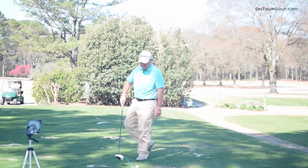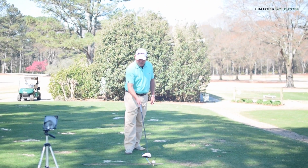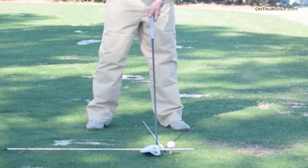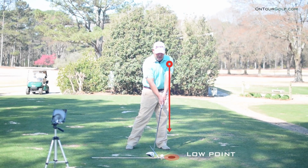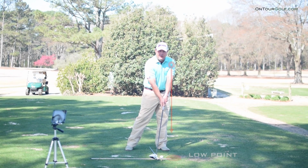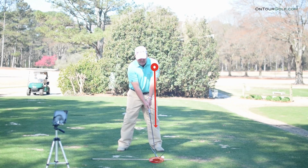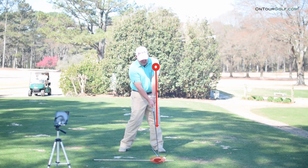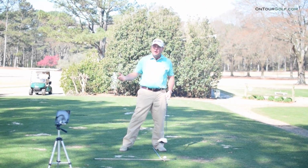The first swing, with our little alignment rods right here, and this alignment rod I put right on the back edge of the ball, Ricky got his foot too far forward. So the low point's going to end up in front of the ball, and when the 2 levers align, the club head's literally getting to the ball too soon, so we're going to catch it on the down. The second one, he set up more correctly, got probably the right amount of tilt, and tilted and swung it through there and aligned the shaft pretty much straight up and down perfectly and at a 0,